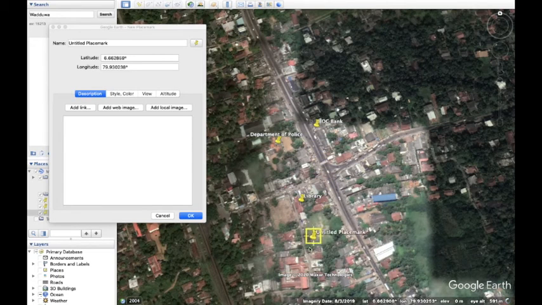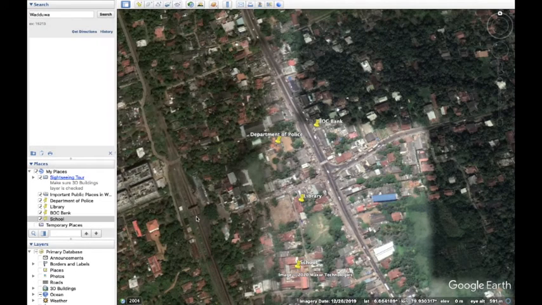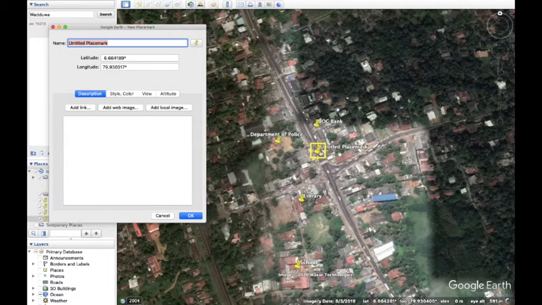This is the place of one of the schools. This is the place of a local authority, that is the local authority office.